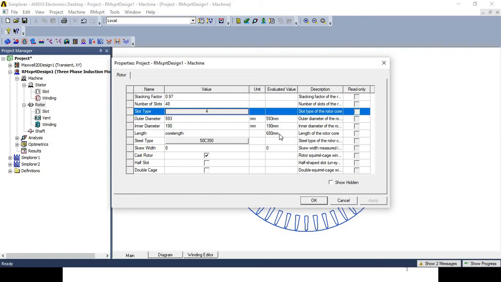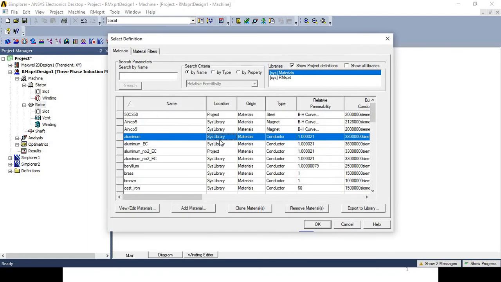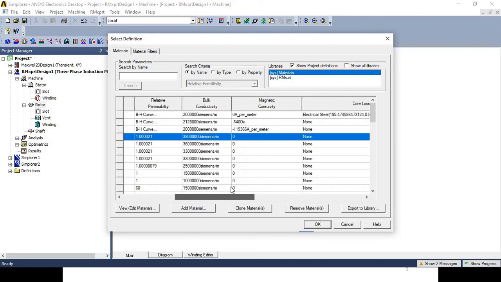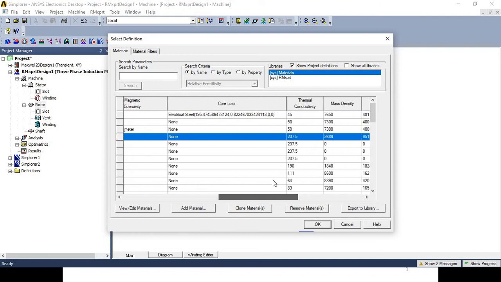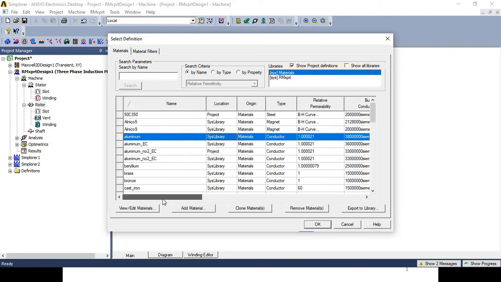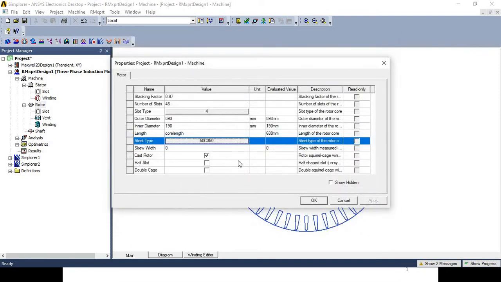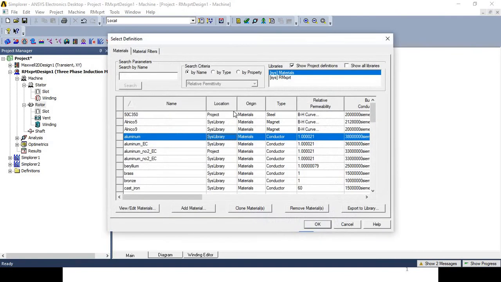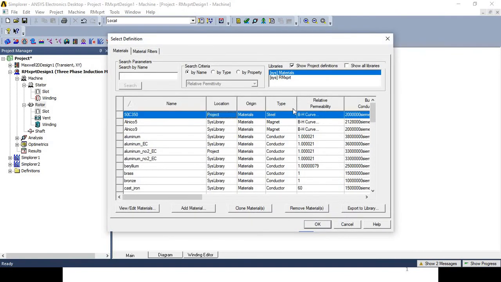Now material for manufacturing this rotor, similar to the last option, here also the library is available. Then for the required material, then properties of each material, that is name, location, design type, relative permeability, bulk conductivity, magnetic coercivity, core loss, thermal conductivity, mass density, and specific heat. These parameters will get. Now for this case we selected the material 50C350 and whose properties are given,